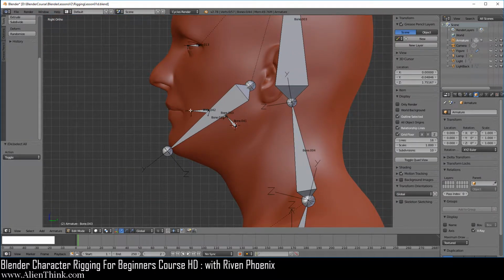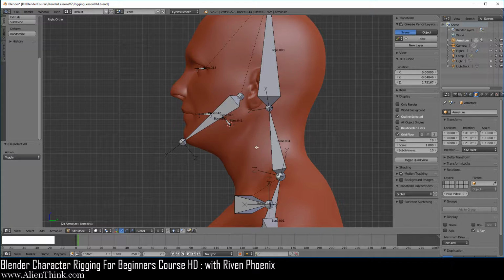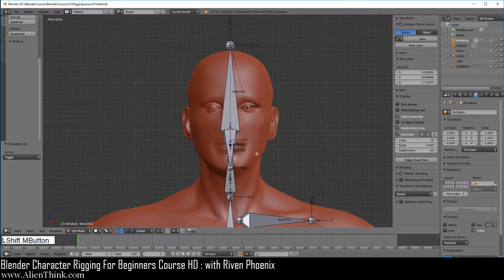So this is how you can position your bones like this. There are multiple ways of doing this, but here I'm just showing you that you can just simply turn off the mirror modifier. So now we're going to press the 1 key over here. Okay, let's go ahead and save this file first. So the next step that we're going to do, now we've actually completed creating all the bones.